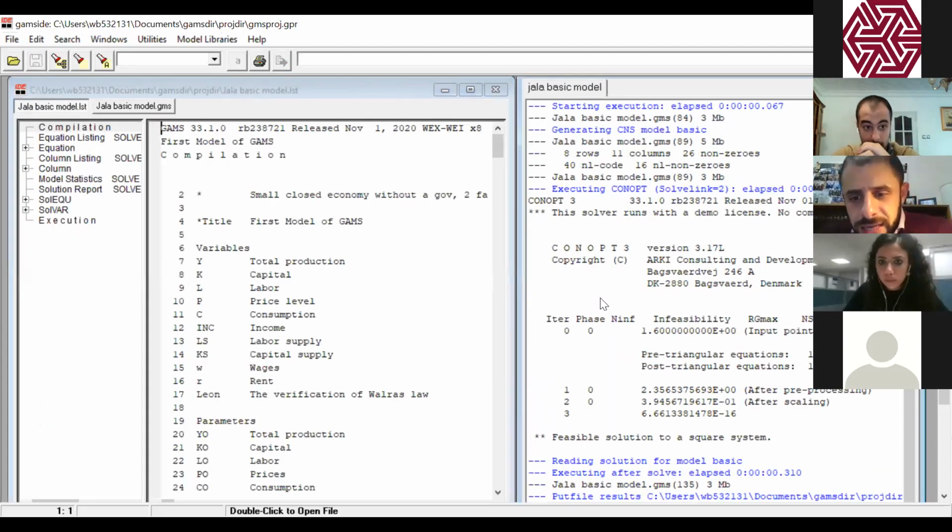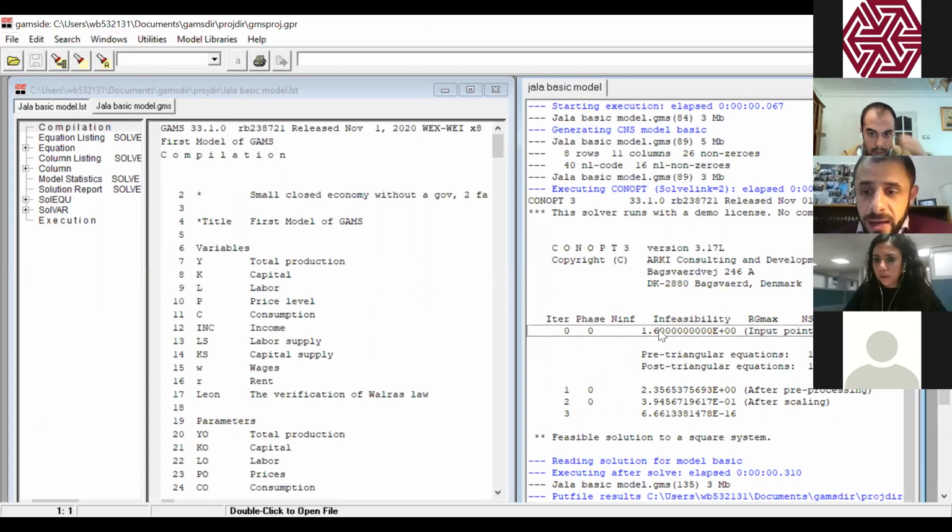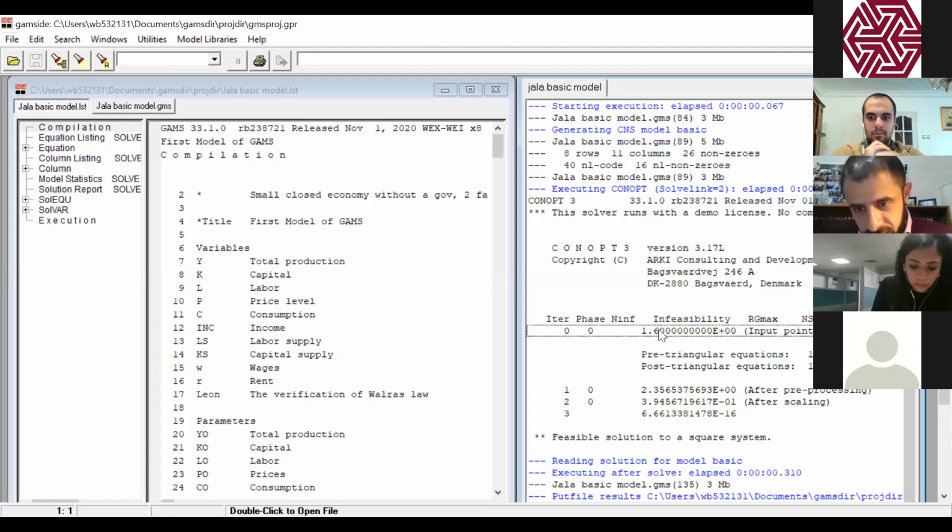And just a second, now in the dialog box that appears, we can see that we have an infeasibility, correct? The infeasibility now is of 1.6. And this is totally normal, because now we have a simulation that will lead to some disequilibrium between the left-hand side and the right-hand side.